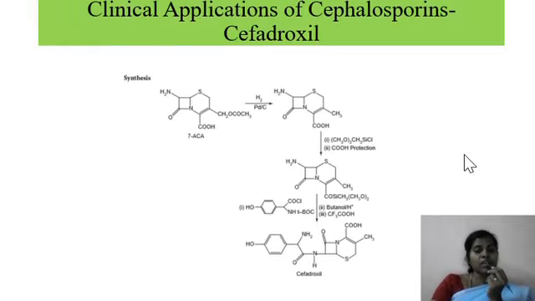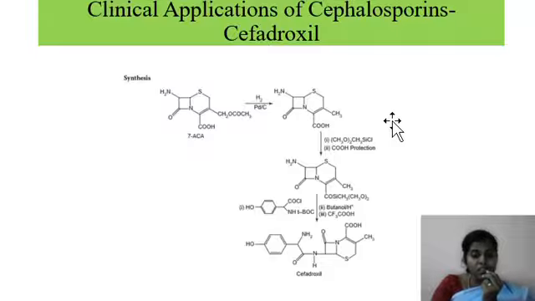And next one is clinical application of cephalosporin. The first one is cephadroxyl formation. Here we have taken the starting material as 7-amino cephalosporanic acid, which is undergoing reduction in the presence of hydrogen, palladium on carbon. Here the acetoxy group at this position is being reduced